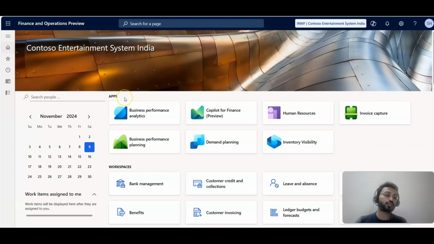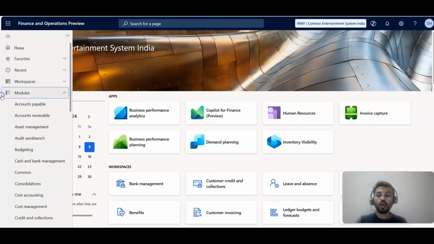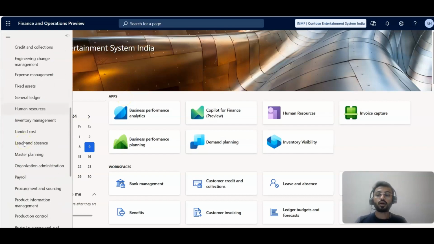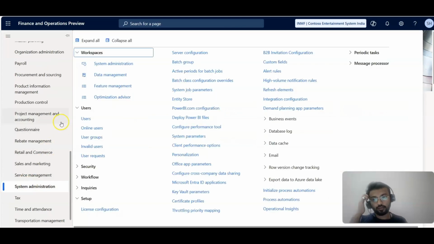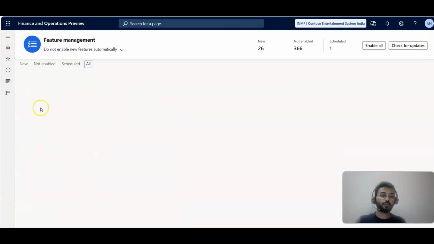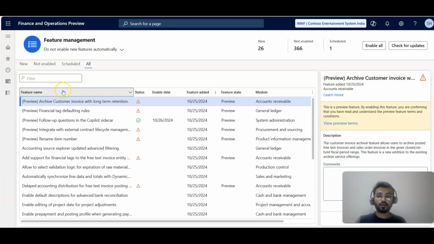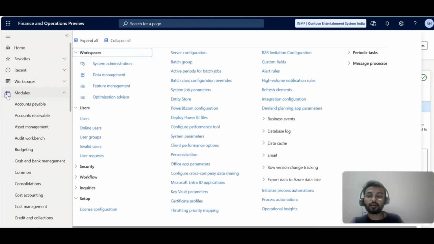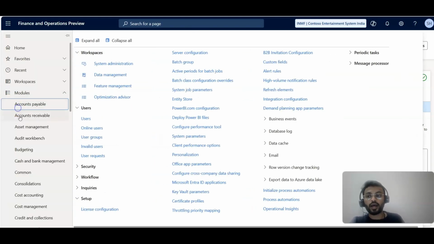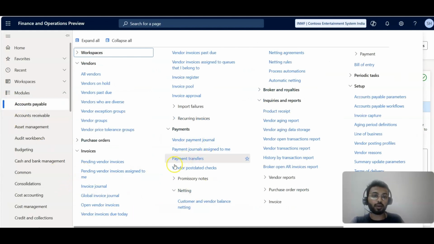To start in the system, I'm going into the System administration module. In System administration, we have Feature management. I'm going to select the netting feature over here. Yes, this is the customer and vendor netting feature, and I have enabled this feature. Once you enable this feature, in Accounts payable, Accounts receivable and the Cash and bank management module, in Payment setup,